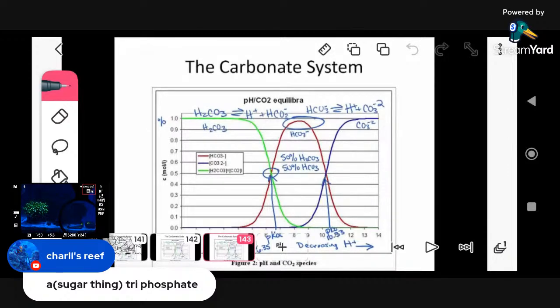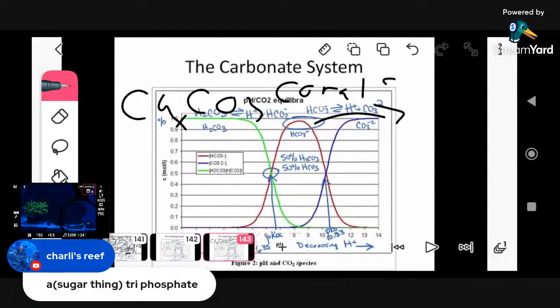So anyways, the carbonate in solid form in your tank exists as calcium carbonate. Like I said, I don't know the number, so I'm just gonna put an X right there. Calcium carbonate, and that's your coral skeleton. So if you have soft coral, you don't have any calcium carbonate skeleton in the coral, obviously. But in aqueous form, aqueous means it's dissolved in a solution. In this case, it's water.